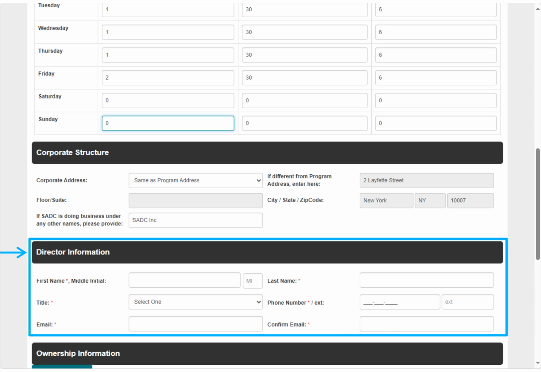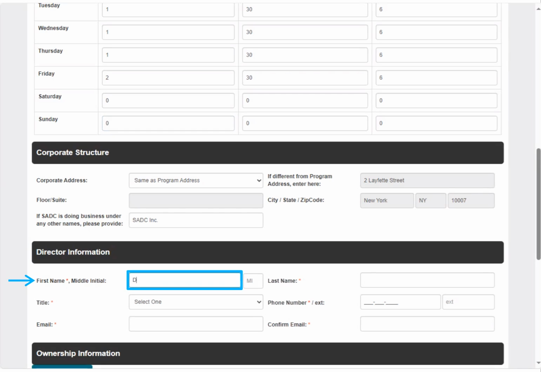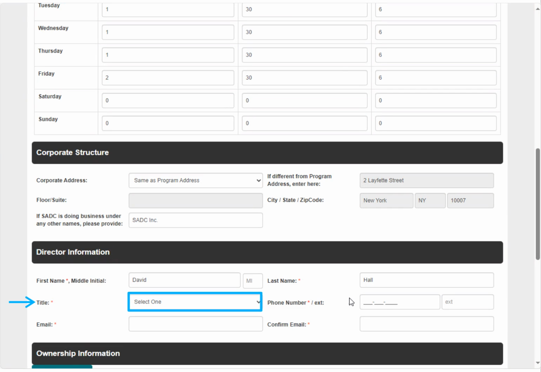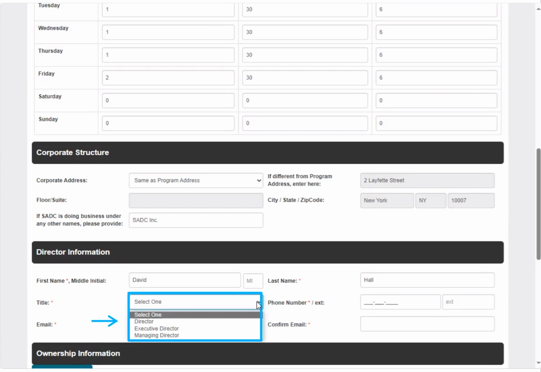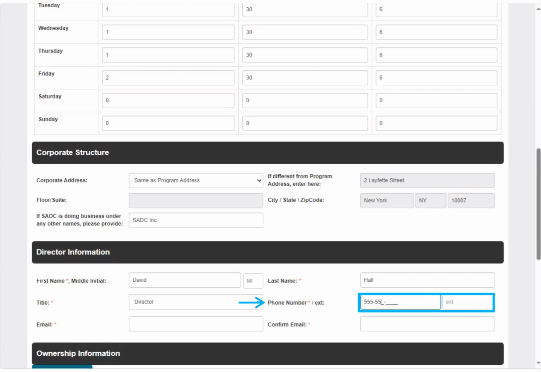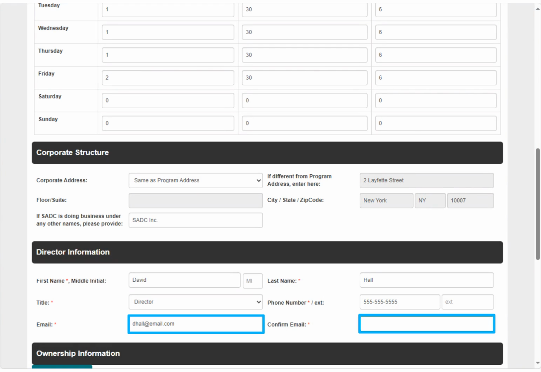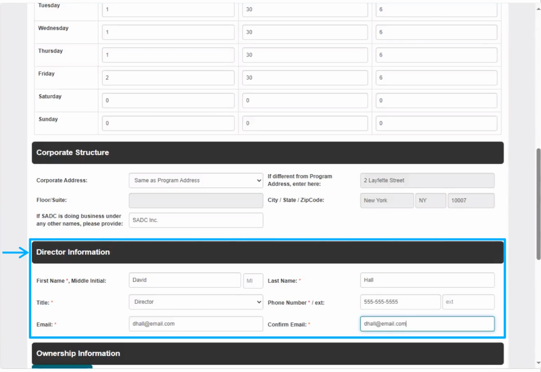let's fill in the director of our program's information by entering in the director's first name and last name. Then click on the title drop-down arrow to select their title. We are going to select director as the title. Then enter in their phone number and extension if you have one. And finally, enter in their email address twice to confirm that you've entered in the correct email address. Now that we've entered in the director's information,